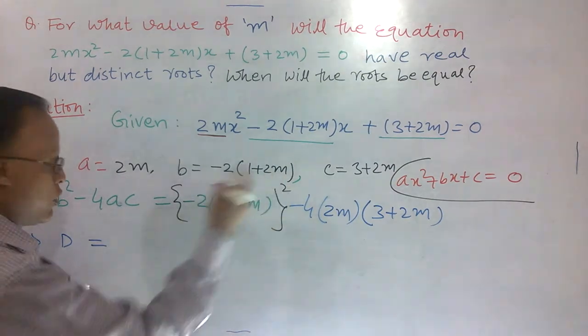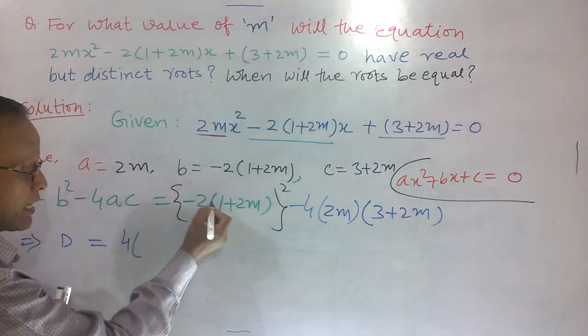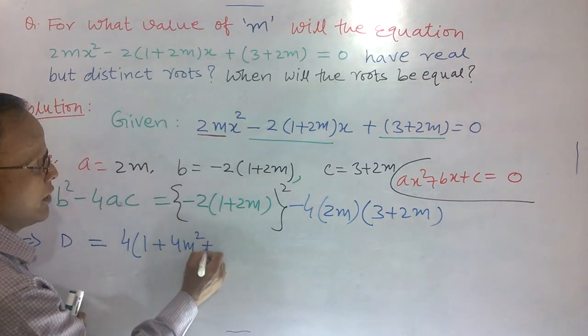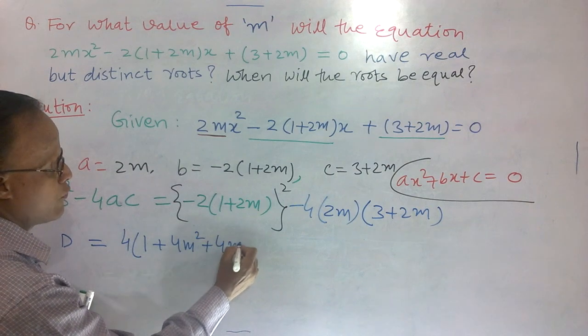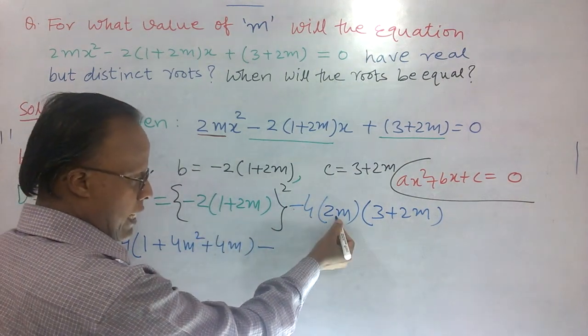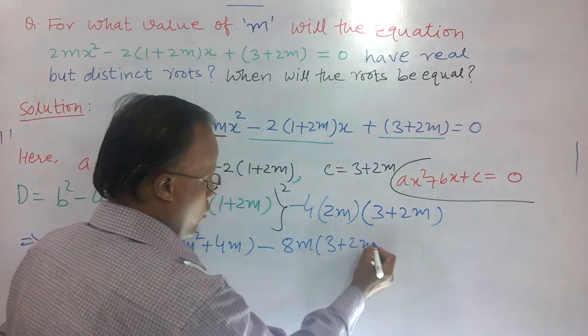So minus 2 whole square becomes 4, and open this bracket, a square, a is 1 here, so 1 plus 4m square plus 2ab, it is 4m, minus 4 into 8, so 8m into (3 plus 2m),